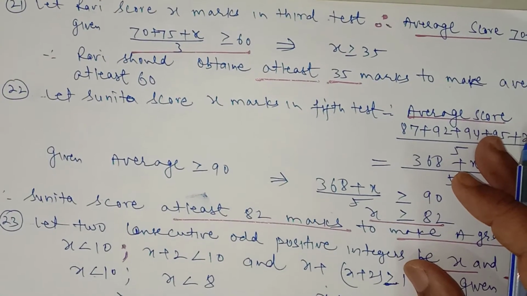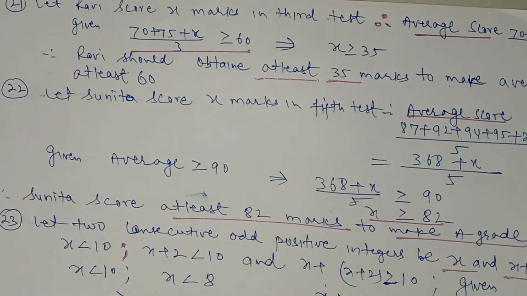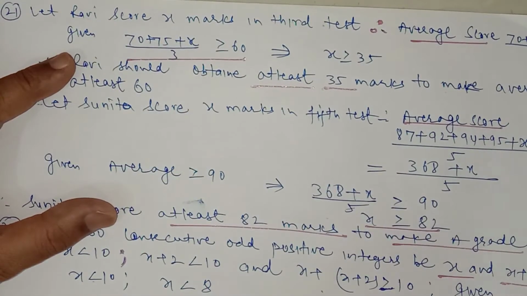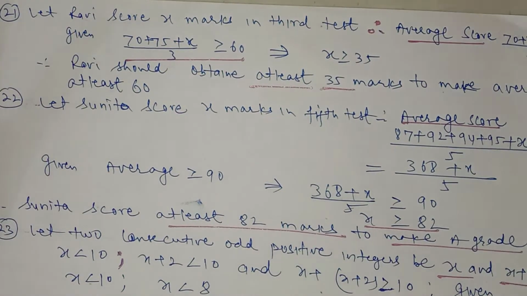Now after that we have word problems for the linear inequations. In question number 1, the 2 test marks of Ravi are given, which are 70 and 75. How much should he score in the third test so that he gets at least an average of 60? Taking care of the words at least. At least means